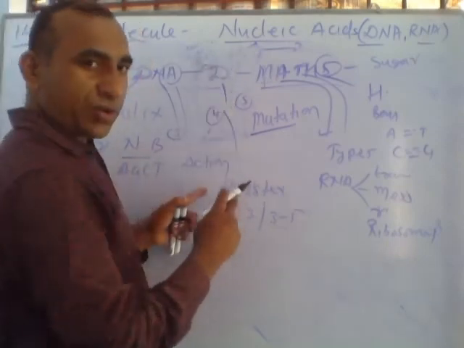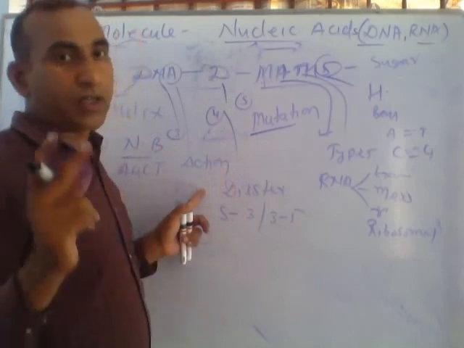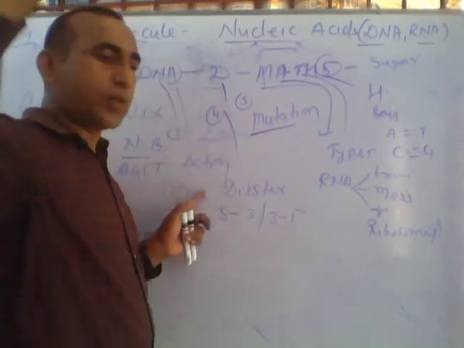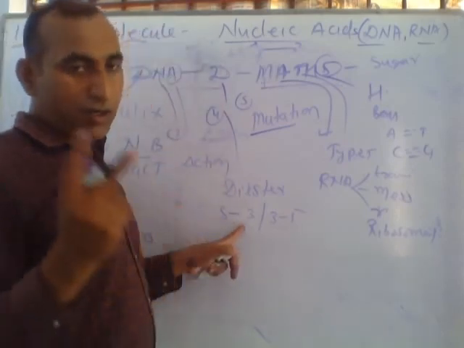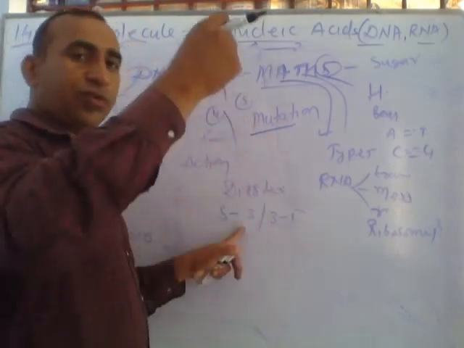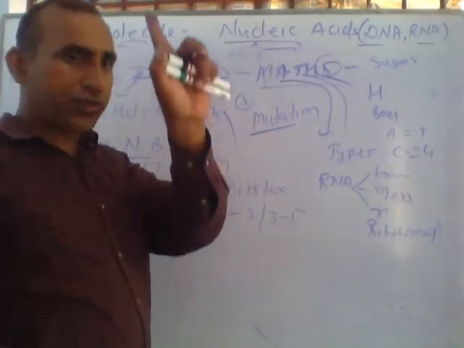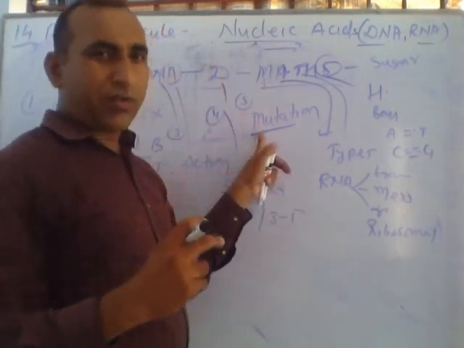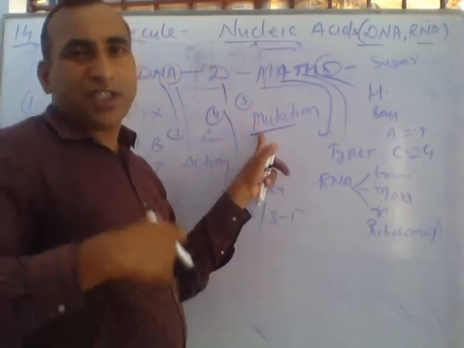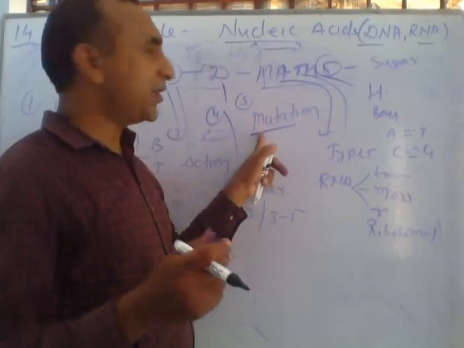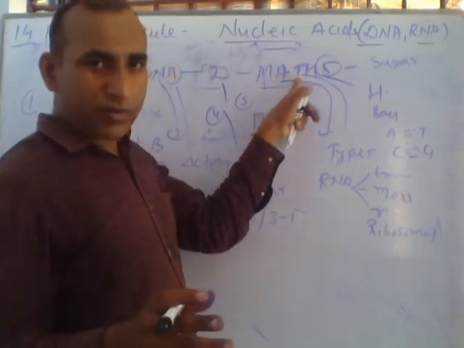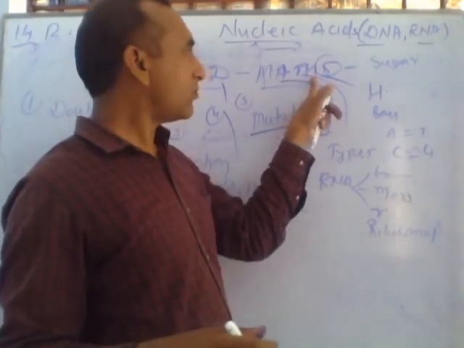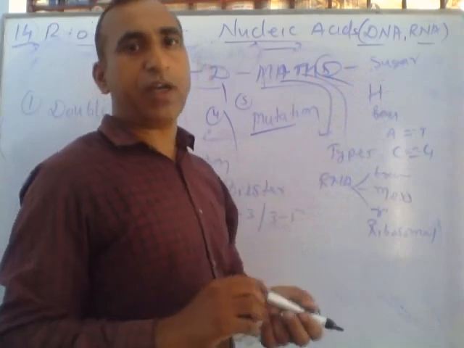D means diester bond. Diester bond is present in DNA and RNA both, but the sequence is different. In RNA only a single type of phosphodiester bond is present, 5 to 3, but in DNA 2 types, 5 to 3 and 3 to 5, due to 2 opposite chains. M for mutation. Mutation means changing of sequence of nitrogen bases in DNA. The synthesis of protein is changed due to chemical, otherwise any radiation effect. T means types. RNA has 3 types, no types of DNA. H means hydrogen bonding and S sugar. Which sugar is present in DNA and RNA?